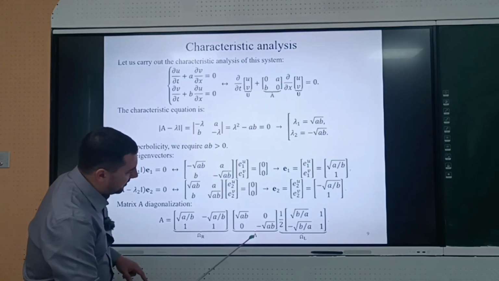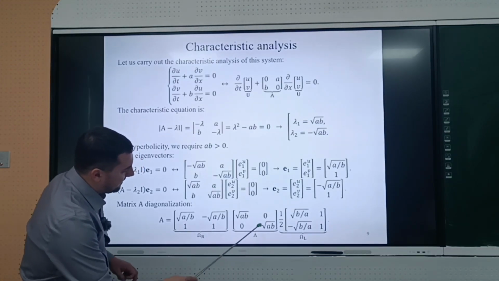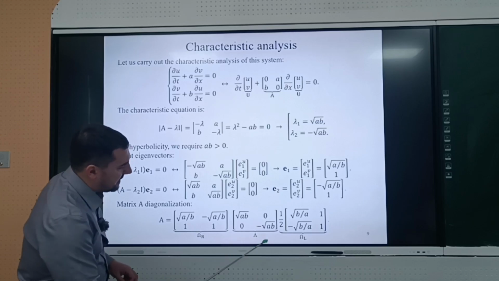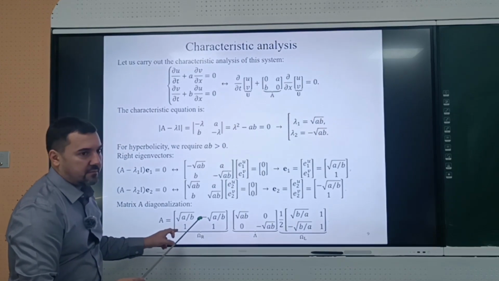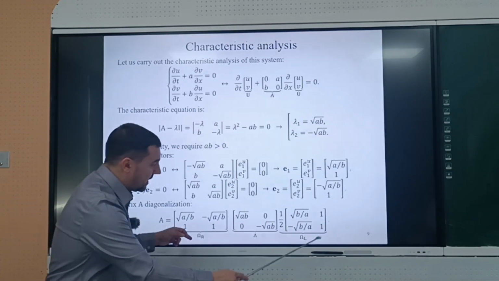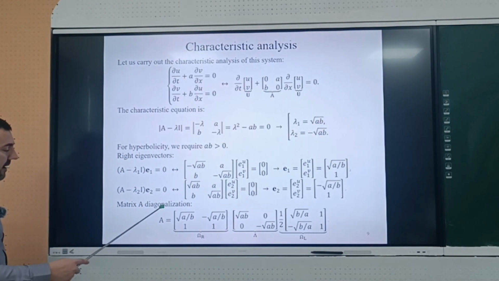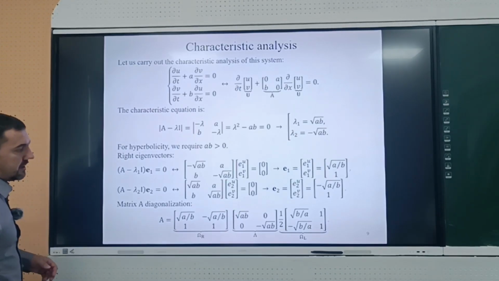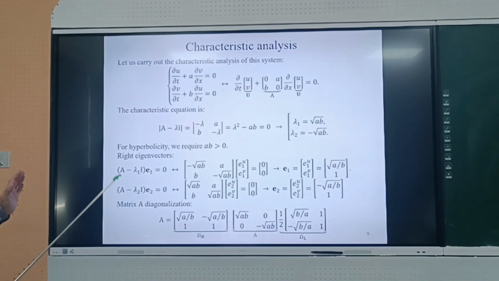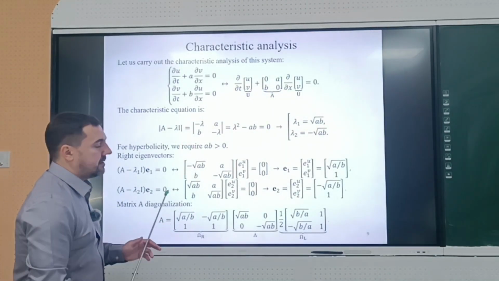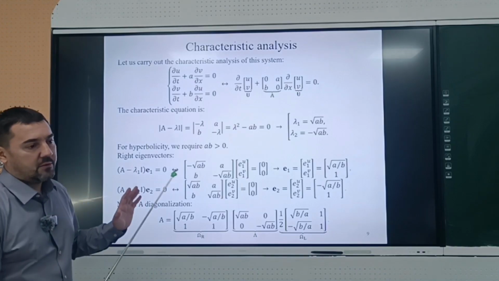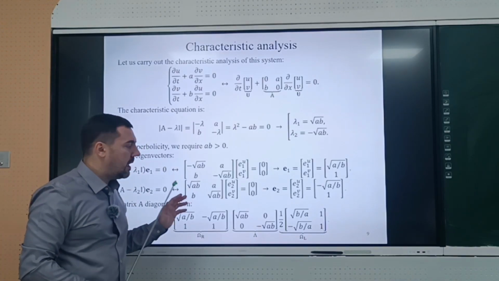This is the diagonal matrix with eigenvalues, the diagonal Lambda matrix, and this Omega L is the matrix inverse to this one. So you just compute the inverse matrix, and you can check that indeed matrix A is equal to the product of these three matrices. This procedure is called characteristic analysis, and it can be done for any hyperbolic system that you would like to solve, because